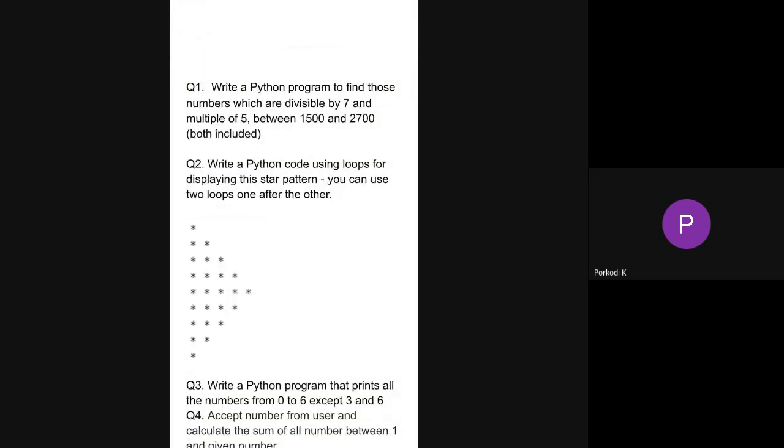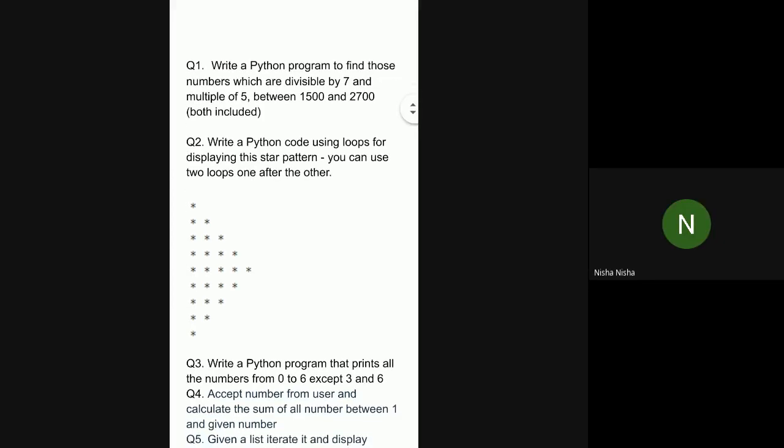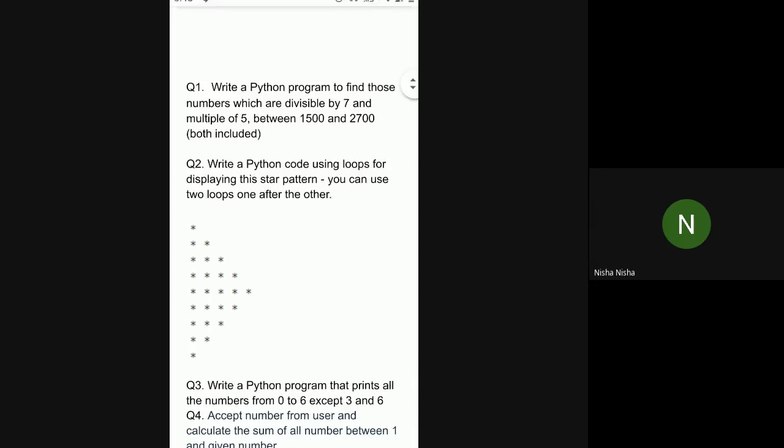Okay, so that is the first thing you need to check, if a number is divisible by 7 and is a multiple of 5. So how do you check if it is a multiple of 5? By checking if the end of the number is 0 or 5. Again, that is how you manually do it, right? In this case, if you want to check if any number is a multiple of 5, then you'll again divide it by 5 and check if you are getting any remainder or not.